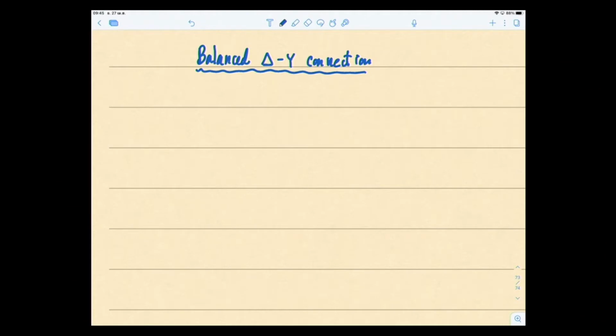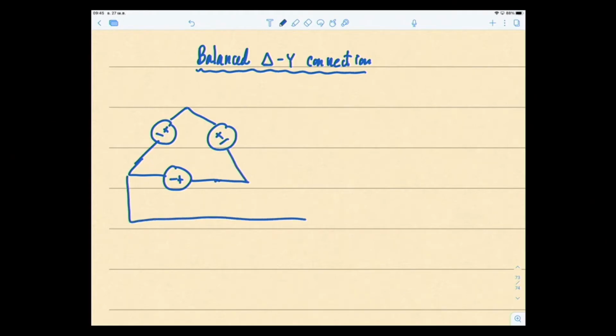Today it will not be long because I will only do the balanced delta-Y connections and delta-delta connections. So let's start with the balanced delta-Y connections. Delta-Y connection means that on the supply side, our three phase is connected in delta configuration, and on the load side,